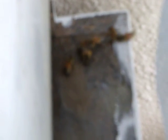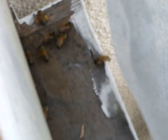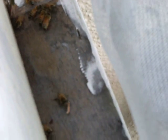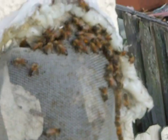Here we can see that. Can you see that? It's hard for it to focus that close. Yeah, I'm having trouble focusing that close. But they're not hurting her yet, I hope. So hopefully she'll be able to go in, and all her sisters will be able to go in,